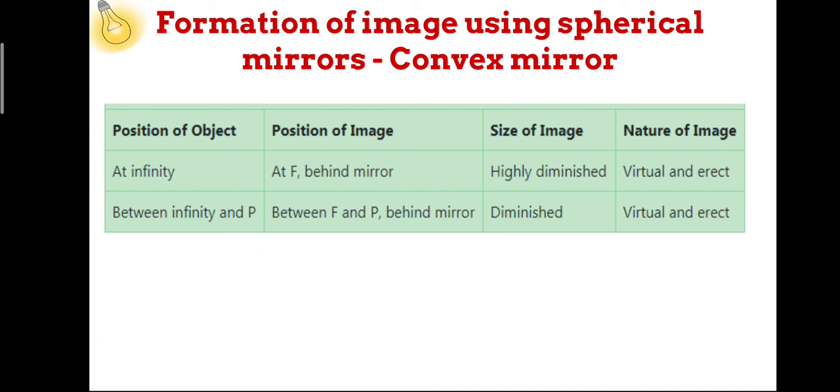So we need to follow the rules for the formation of image so that we are able to arrive at conclusions as we have got here for the convex and the concave mirror. You need to practice these rules one by one so that you are confident about how the images are formed. These images that we have received now can also be found using numerical calculations. We shall see how to do these calculations in the next video.